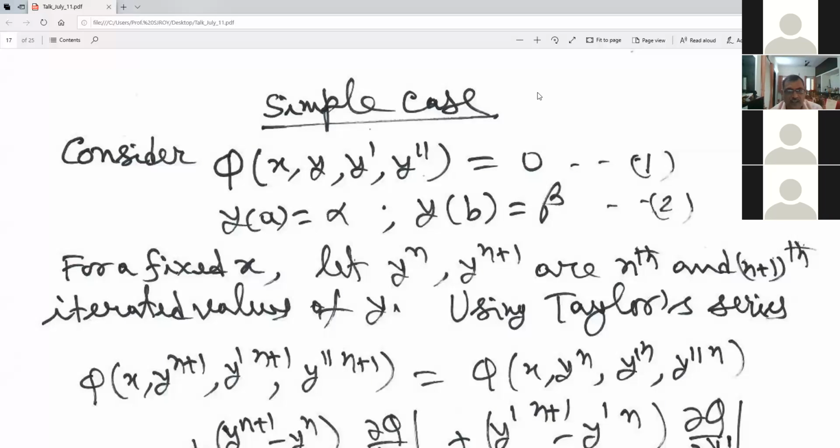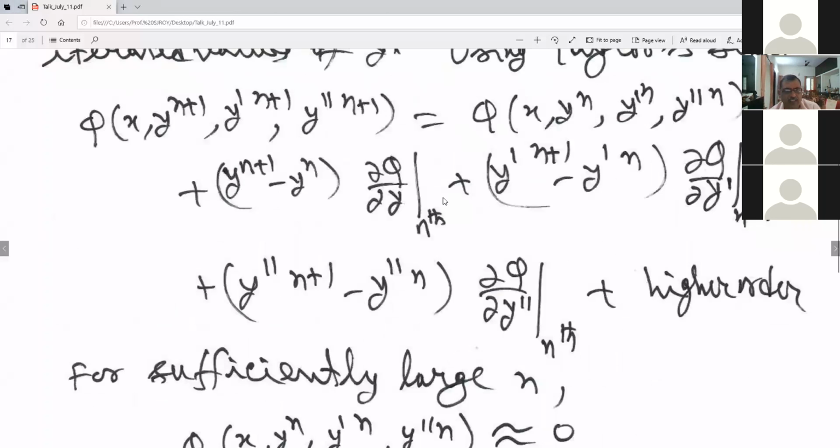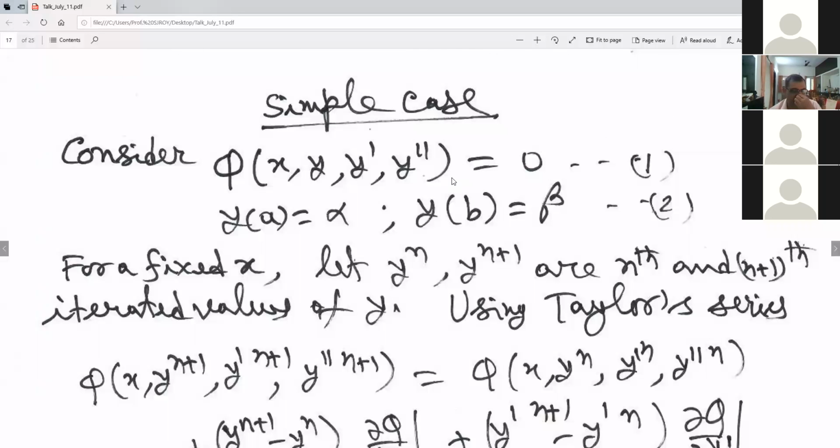Okay, so now you take a simple case. This I have taken by hand, and it is very easy to understand. I have one equation phi of x, y, y dash. This is a second order general system. X is the independent variable, y is the dependent variable. A two-point boundary is given. If you want one particular example, there is an example later. It can be y double dash plus y dash square is equal to 26. Any phi can take any form.